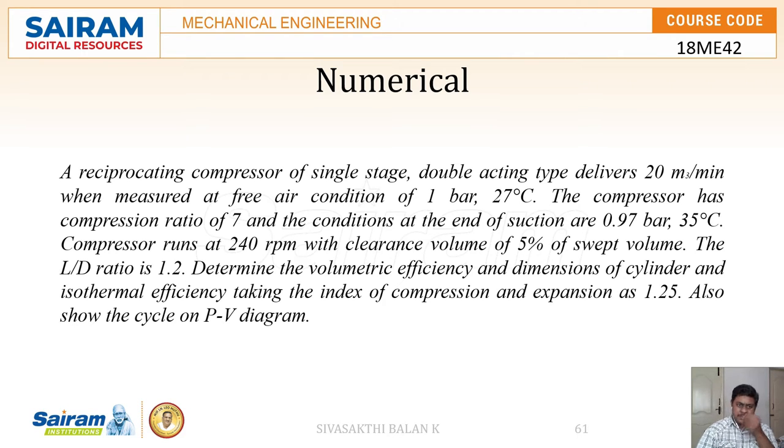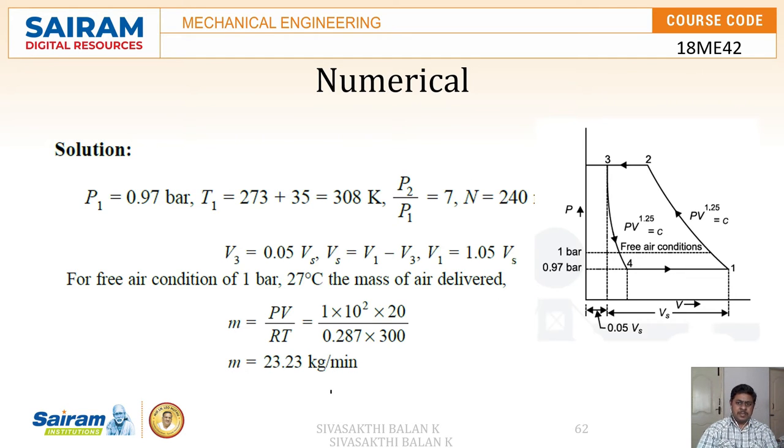This is the problem which we have taken for discussion, and let us solve how we can find the solution. This is the PV diagram which is required for this. It is a double acting cylinder and it is not without clearance type, it is with clearance, since in the problem they had given the swept volume, 5% of swept volume goes for clearance volume,